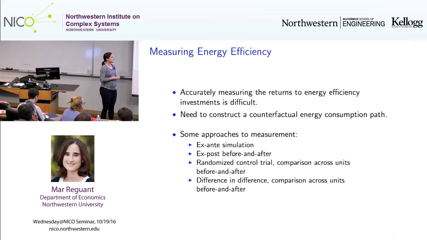So in economics, there's a big push for randomized control trials, and also in the context of energy. And basically the idea there is that we will have some agents, let's say households or maybe schools, and we encourage them randomly to incorporate some of those energy efficiency measures. And then we base the comparison between the schools that did it, the schools that didn't, and before and after. So this is sort of an ideal setting, although it also comes with some drawbacks.